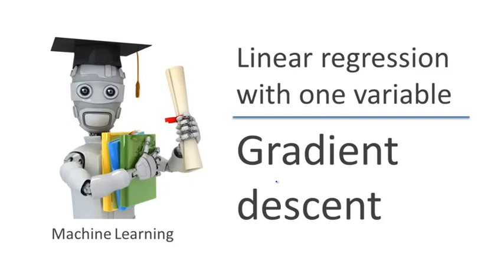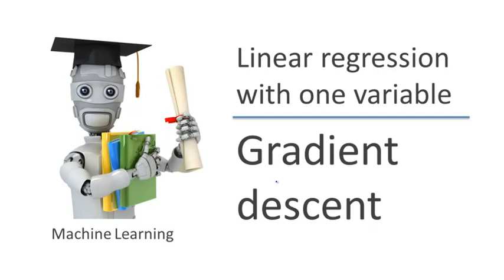We previously defined the cost function J. In this video, I want to tell you about an algorithm called gradient descent for minimizing the cost function J. It turns out gradient descent is a more general algorithm and is used not only in linear regression, it's actually used all over the place in machine learning. And later in the class, we'll use gradient descent to minimize other functions as well,